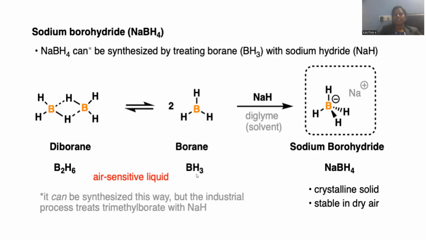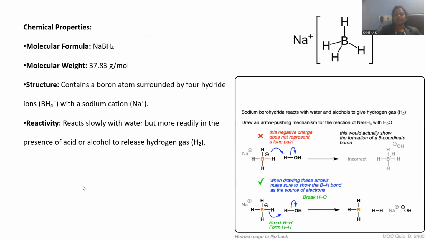In general, BH3 has sp2 hybridization and planar geometry. Whenever a hydrogen is added from the sodium hydride, it changes its geometry into tetrahedral, and whenever a new hydride is added, boron becomes electron rich, which is indicated with the negative charge. The negative charge is compensated by the counter ion, sodium positive. This is the way sodium borohydride is synthesized within the laboratory by taking diborane as a starting material.